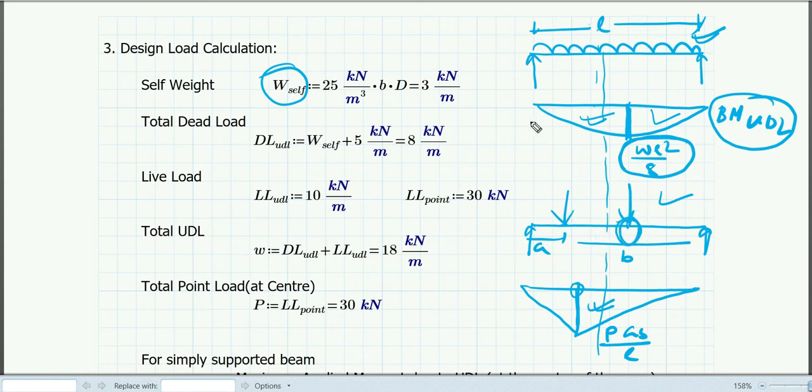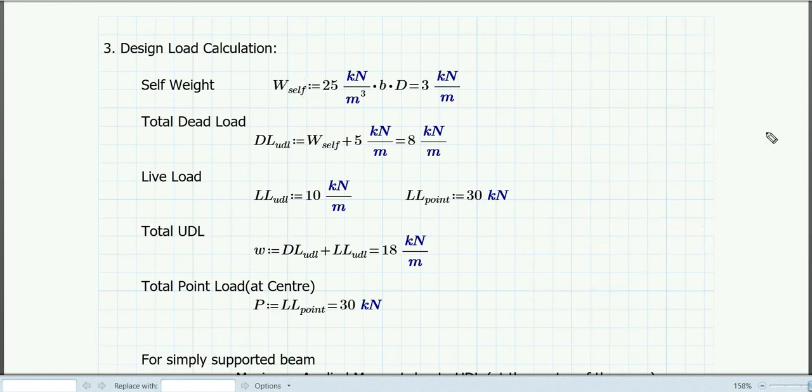Okay, so you have to find out the maximum moment, as well as the maximum shear force. For UDL or a point load, the maximum shear force is going to act near the support. So you have to find out the maximum shear force also, and you have to combine it for both UDL and point load. Okay, so for any beam that you are going to design, if there is a combination of loads, you have to find out the BMD and SFD separately. You have to combine all the BMD diagrams or SFD diagrams. Then you have to find out the maximum moment.